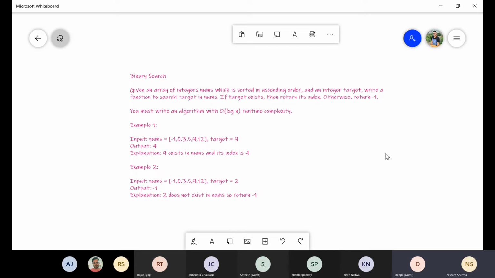The normal approach could be that I can have a for loop from 0 till the length of the array, and I can compare if array of i is equal to my target, then I found the element, and I can return true or false. Or even if we need to return the index, we can return the index also. That could be my first approach. But we are not utilizing the information that the array is sorted if we are using the for loop for iteration. To utilize the information that the array is sorted, we need to know about binary search.